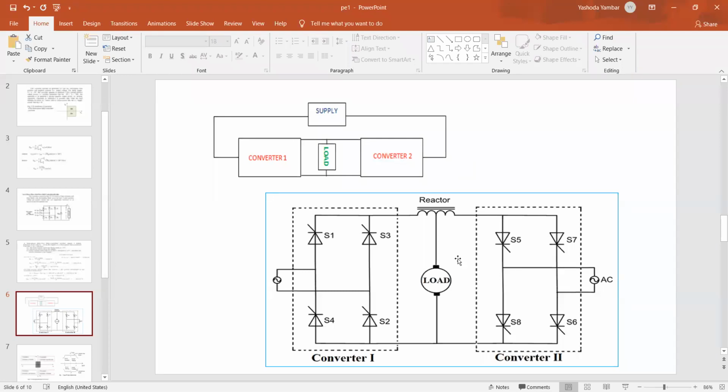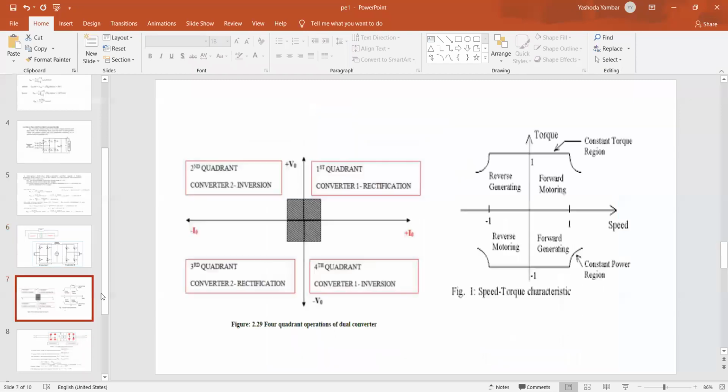Now, this is the circuit here. You can draw that circuit, but let us check the application. These graphs are important while explaining this dual converter. The 4-quadrant operation: the rotation, operation and behavior of a particular motor can also be explained with respect to 4 quadrants. Perfect examples are the lift system and the electric train, showing the 4-quadrant operation of this particular motor.